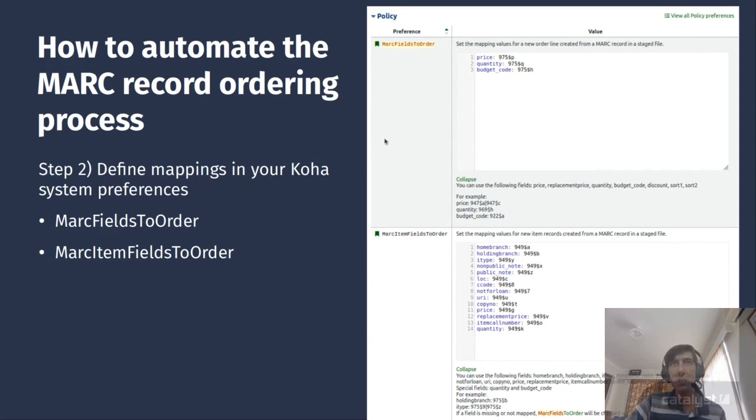It gives examples below these two system preferences for what fields you might want to use for price, quantity, budget code, and so on. So you add the different settings that you want in here,